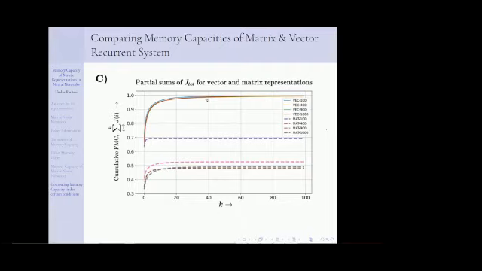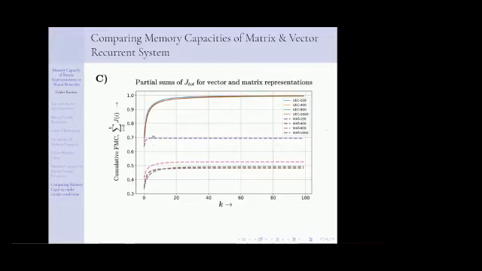So there are a lot of curves here. The continuous curves are for vector representation systems. The lined curves are for matrix representation systems. These 100, 400, 900, 1600 are the numbers of neurons. So for each number of neurons, you will have a different dynamical system, and they will have different capacities. As you can see, the vector representation system has a very nice asymptote to one in its Fisher memory curve. And what will be its total memory capacity? It will be just the area under this curve.